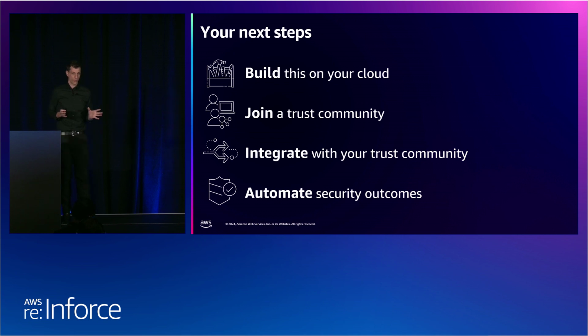Okay, so we're getting to the end now. I'm going to give you four steps to take away today, to hopefully be able to take a step forward when you go back to your respective roles. So step one, pick a threat intelligence platform and deploy that to your cloud environment. There are many excellent open source solutions out there. OpenCTI is my personal recommendation, which you can deploy yourself, and remember you can find that on the AWS Marketplace as well if you just want to click and go.